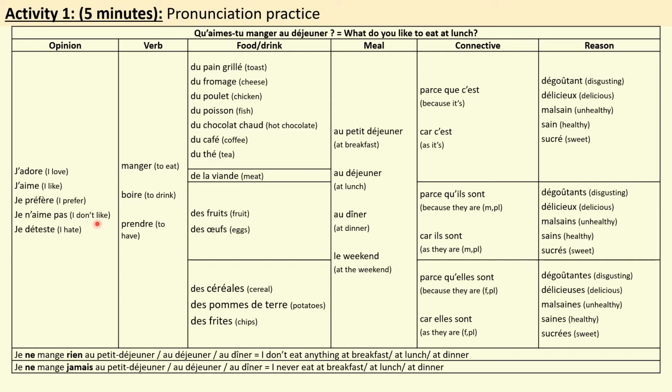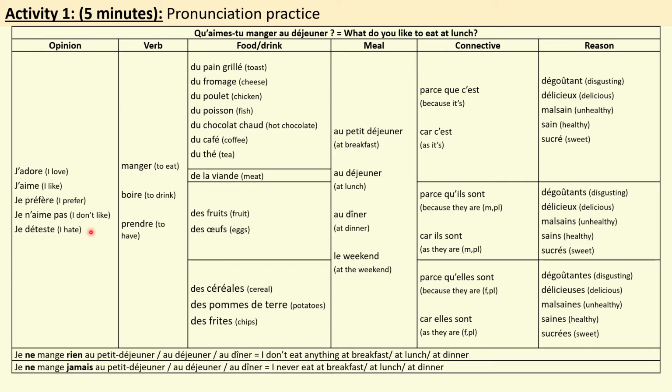Je n'aime pas manger de la viande au déjeuner car c'est malsain. Your turn. Well done. Écoutez et répétez.